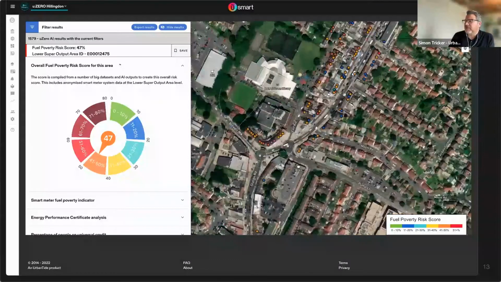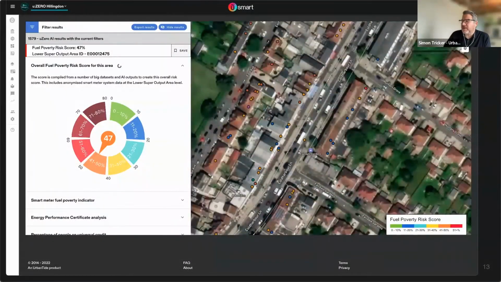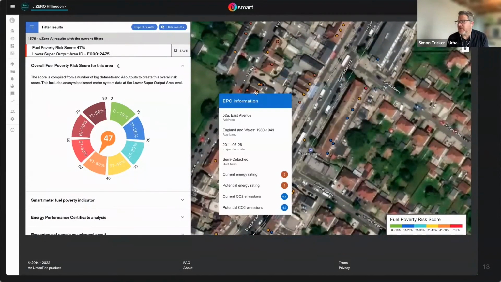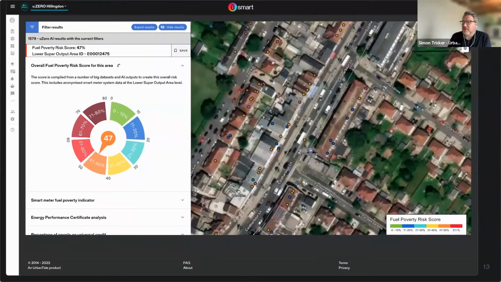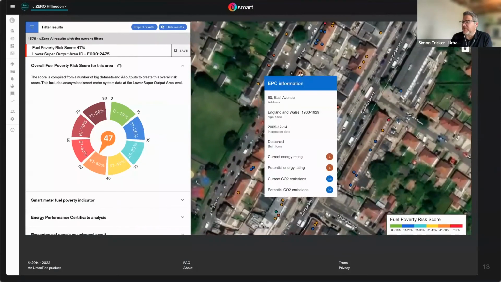Now, our goals for the next stages really is to integrate other data sets around the property and to view it in different ways as well, and looking at the types of houses that we're looking at here as well.